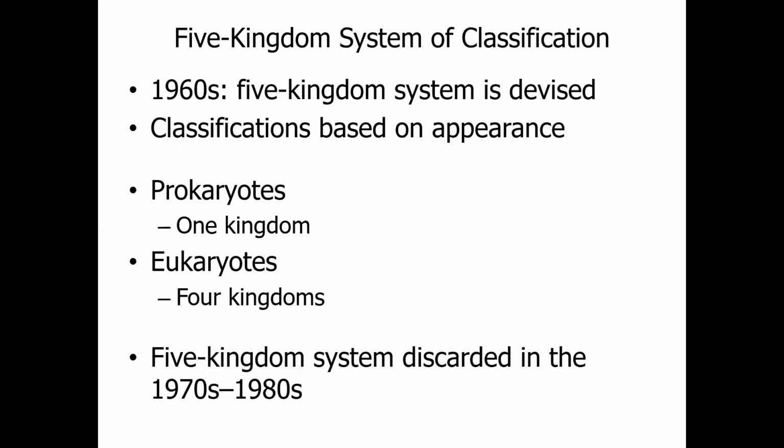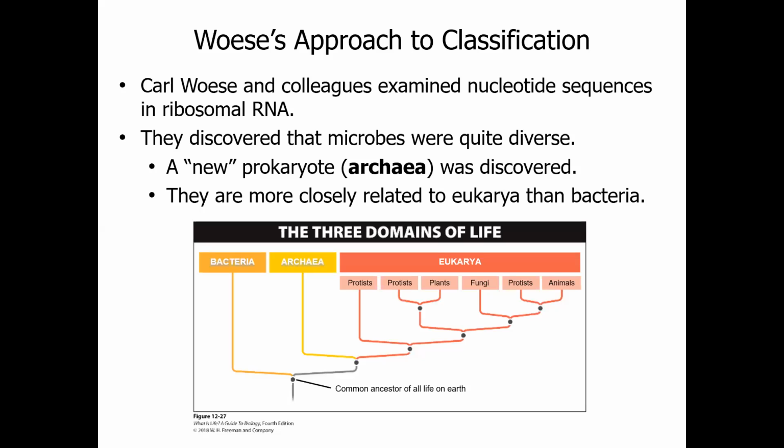However, in time, that 5-kingdom system was discarded in the 1970s. This was due to an individual called Carl Woese. He basically shifted us from looking at relationships based on physical appearance and morphology to looking at DNA evidence and DNA sequencing, largely by using ribosomal DNA. By utilizing this technique, he was able to figure out that there are 3 large domains that support all of these kingdoms. The prokaryotes became their own domain, known as the archaea, which was discovered.